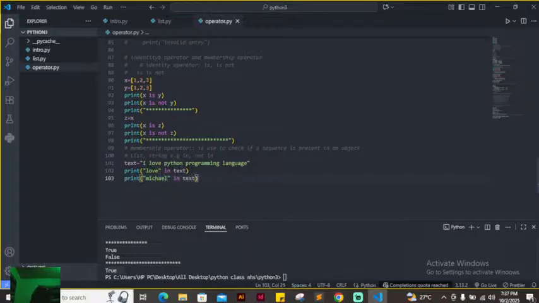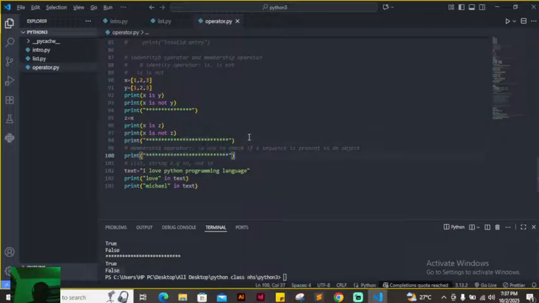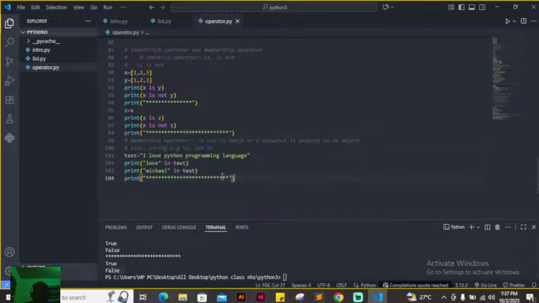So Michael is not present in the string. You are going to get a what? False. Are you seeing it now? Because it's not present. Now the opposite of true is what? False. So if I bring this same statement now,